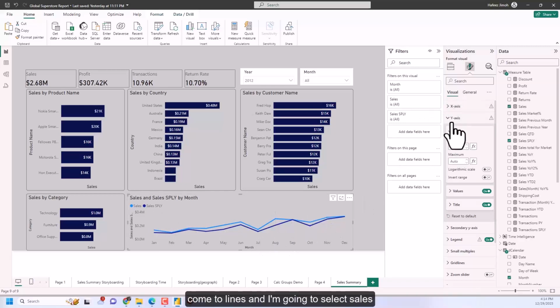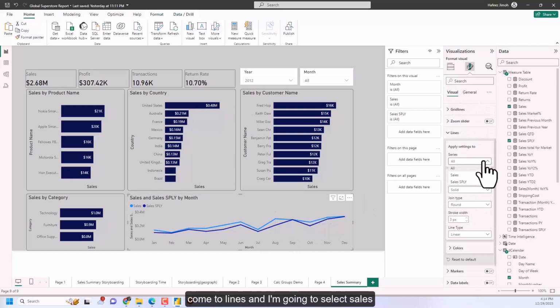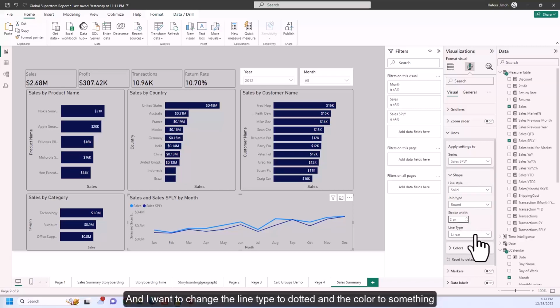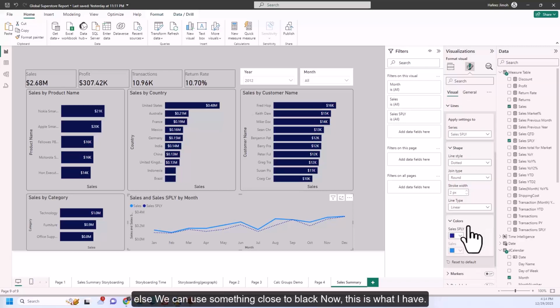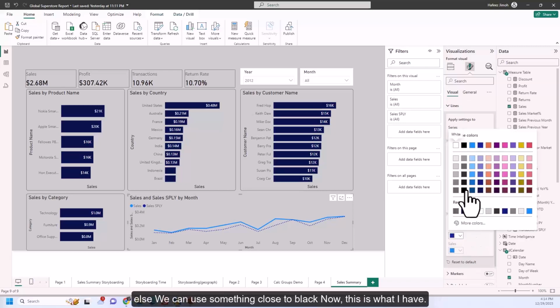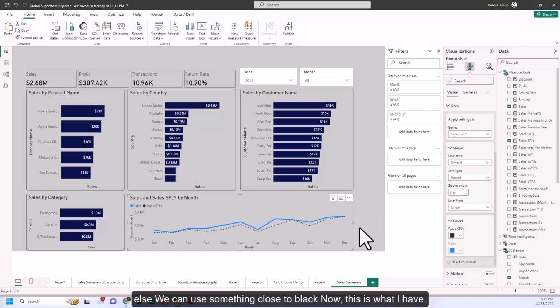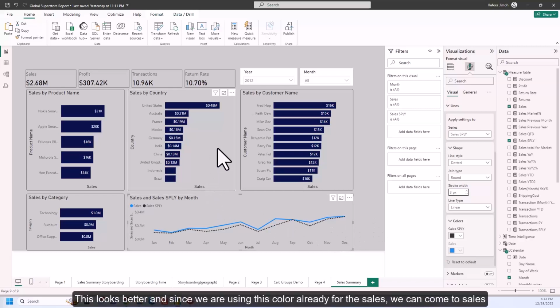I'm going to come to lines, and I'm going to select sales SPLY and reduce the stroke width first. And I want to change the line type to dotted and the color to something else. We can use something close to black. Now, this is what I have. Or we can increase the stroke width a little. Good. This looks better,